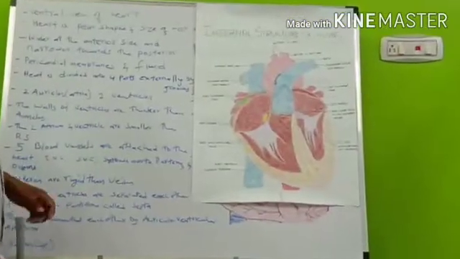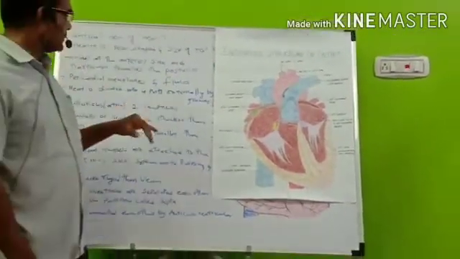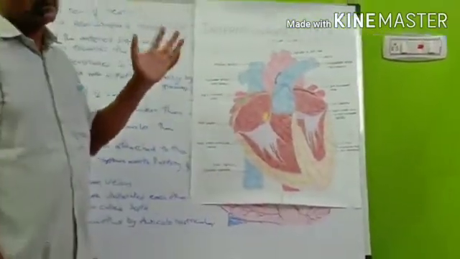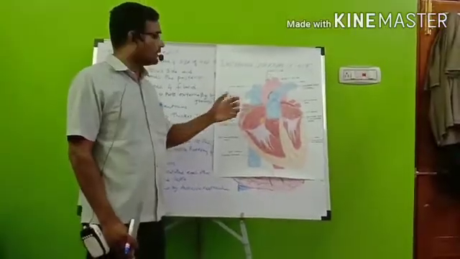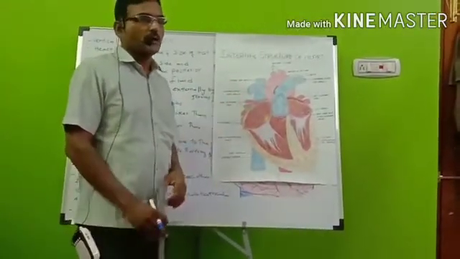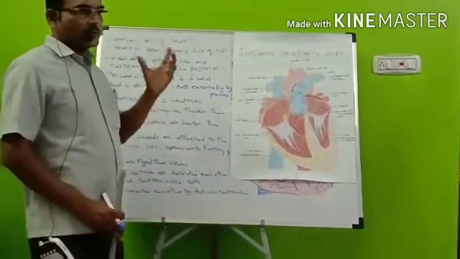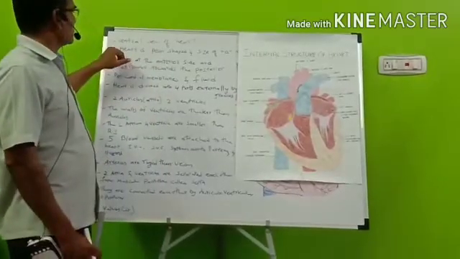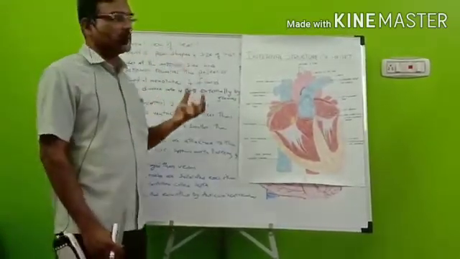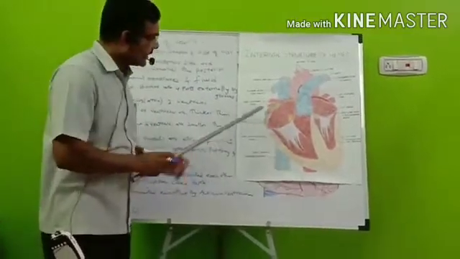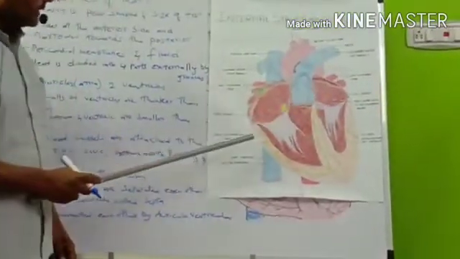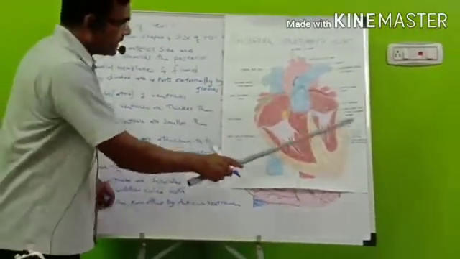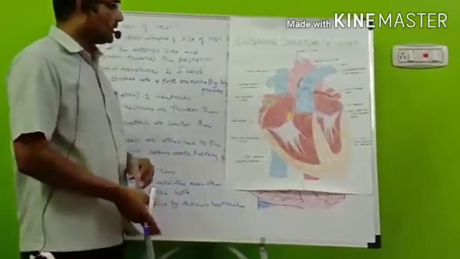The heart is divided into 4 parts, externally marked by grooves. If you look at the specimen of the heart, we can see the grooves clearly. Coming to the ventral view, the front side, the heart is pear shaped and the size of a fist. It is wider at the anterior side and narrower at the posterior side.